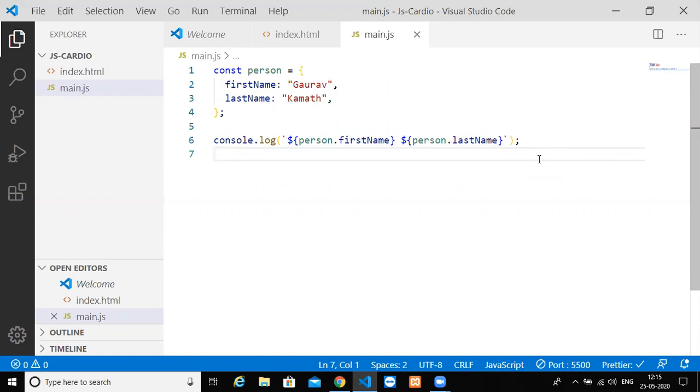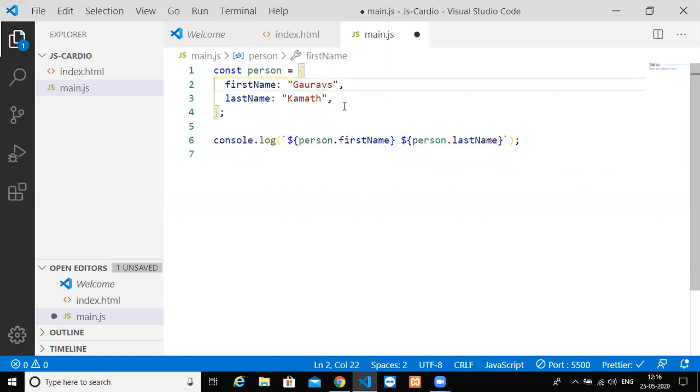So what we can do is create a method inside that person object, make use of this code there, and then call that method as many times as we want in our application. Otherwise, anywhere we want to change that person's name, for example Gaurav's Kamath, I would have to keep on changing it everywhere. So the best way is to create that function, insert these values inside it, and call that method anywhere we want in our application.